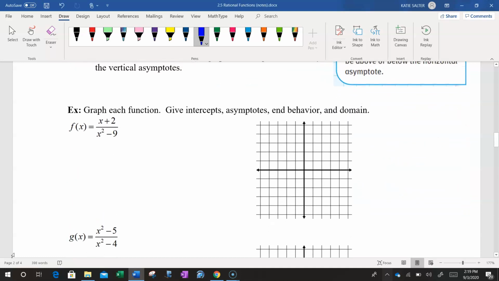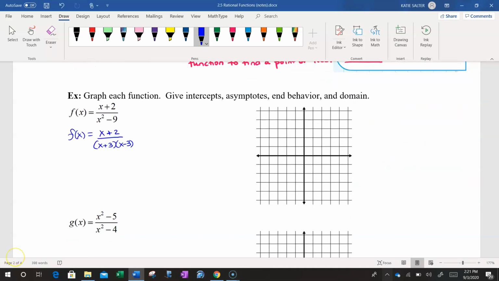So let's start with this first function. Okay, so when we start with this first one, we have x squared minus 9 in the denominator. That's that difference of squares, so we know that factors to x plus 3, x minus 3. All right, so let's start by finding our intercepts. To find our intercepts, it's pretty simple. We're going to find our x-intercept and our y-intercept if they exist. So I'm just going to come over to the side, and I'm going to put 0 in x and 0